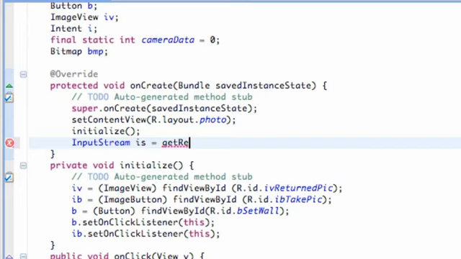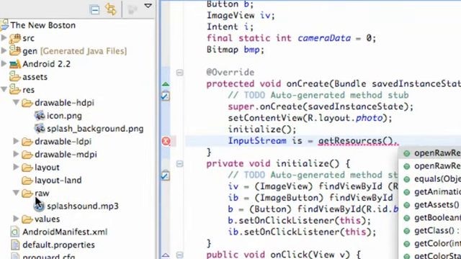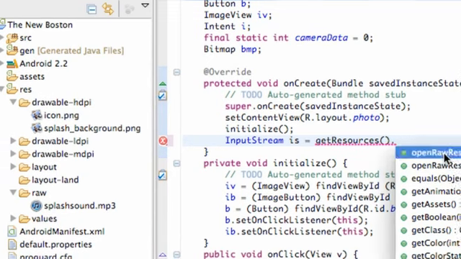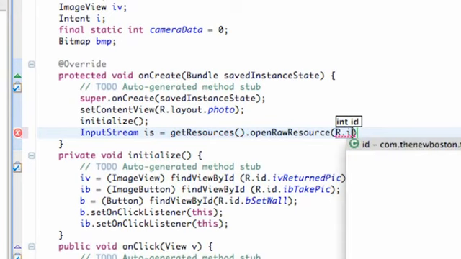So we're going to say getResources, and that's just going to be a method that relates to our resources for the most part. Again, it's a method, so it has parentheses. Then we're going to say dot, open raw resources. You guys are probably thinking it's referring to this raw folder. For the most part, it's not. Just think of that as accessing our resource folder. So we're going to click that, and then we're going to say whatever image we want to set up,